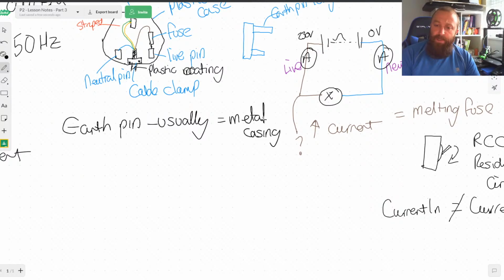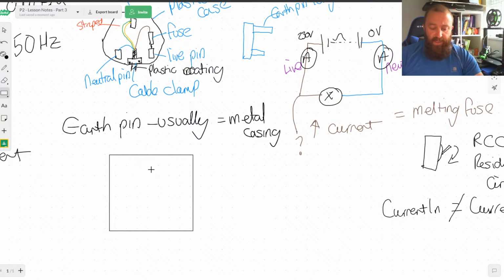We're looking at things like washing machines. We might be talking about light fittings in homes. But generally anywhere where if a wire came loose inside the appliance, if you touch the appliance, you would get an electric shock. So if we had something like a washing machine,